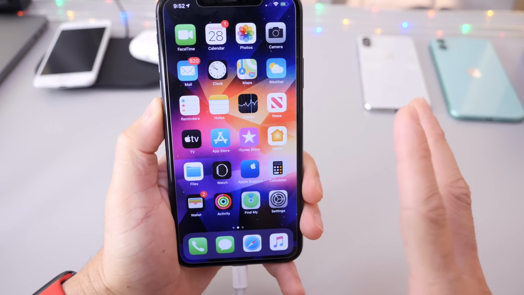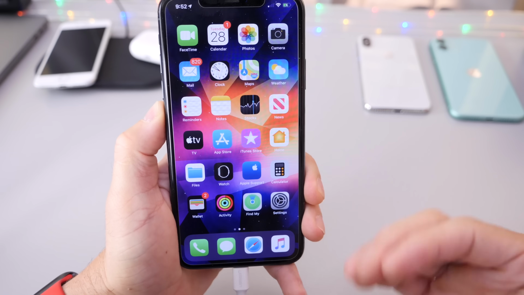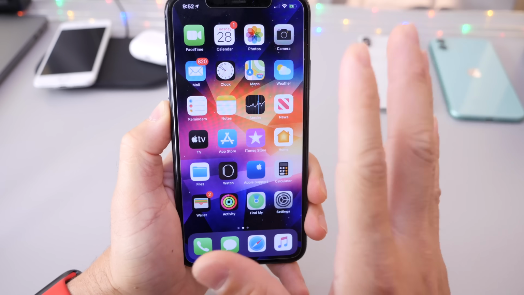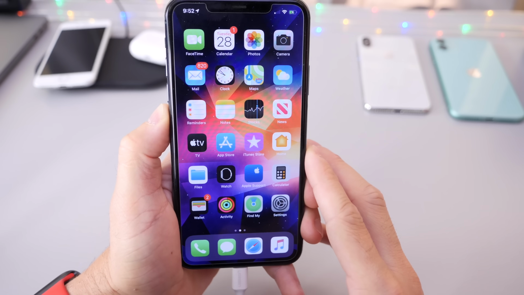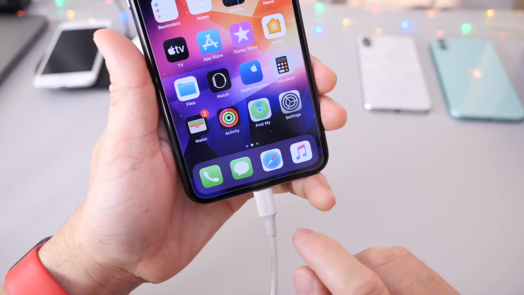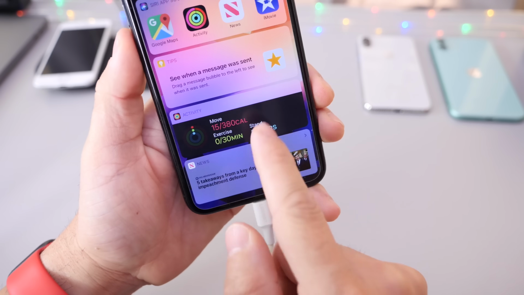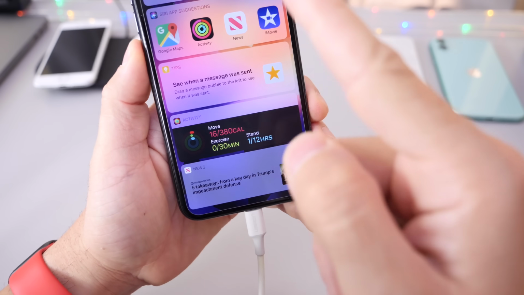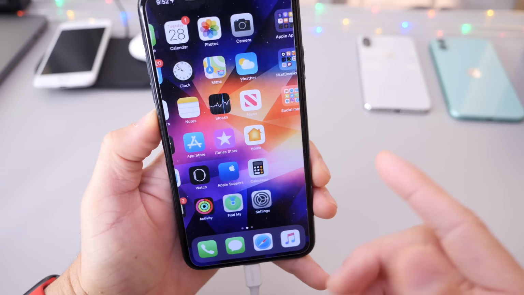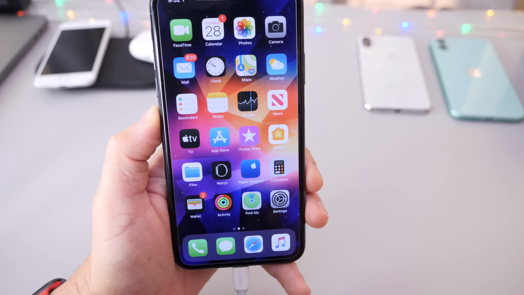Again, this one can be very useful if you leave your iPhone laying around accidentally. No one can browse through your apps. Or if a friend leaves their iPhone laying around, you can actually prank them and lock their apps in place. In order to get rid of this one, all you have to do is tap on the widget panel right here and then swipe up from the bottom. Boom, this unlocks it and it goes back to normal. But you have to know exactly what to do in order to unlock this hack.